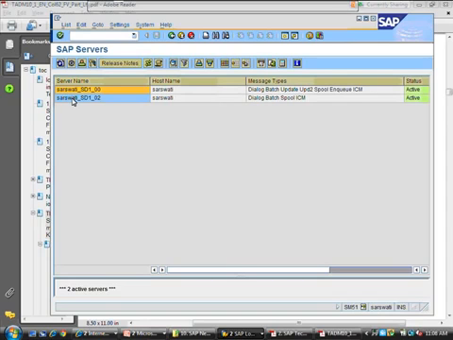And it shows you 2 instances, 00 and 02, and 00 is the central instance. Why? Because remember, we said the message server and NQ run on 00. So 00 is your central instance. And we can look at all of this in the back end as well.